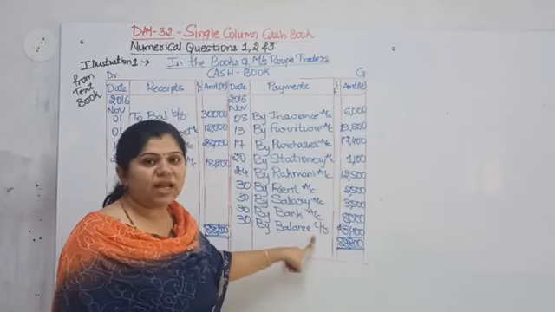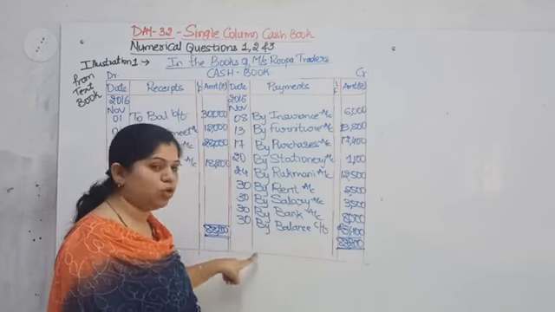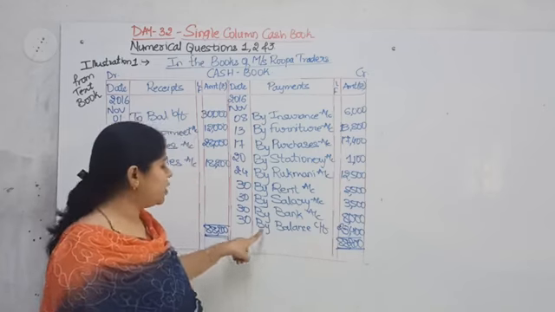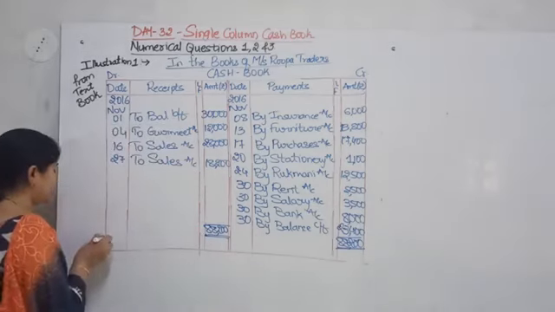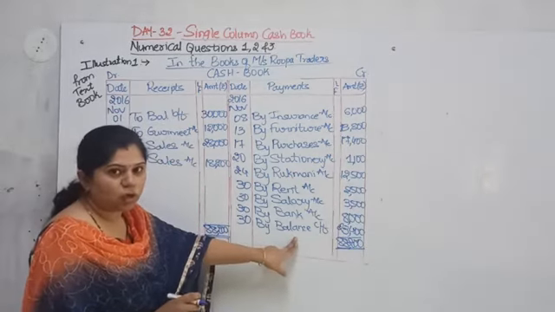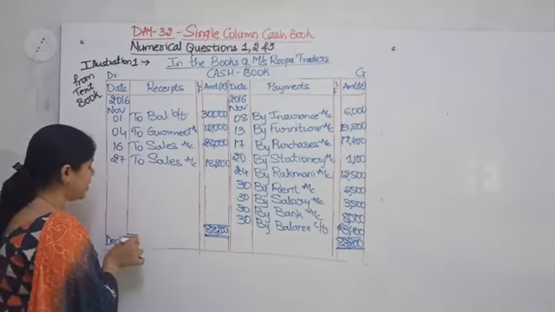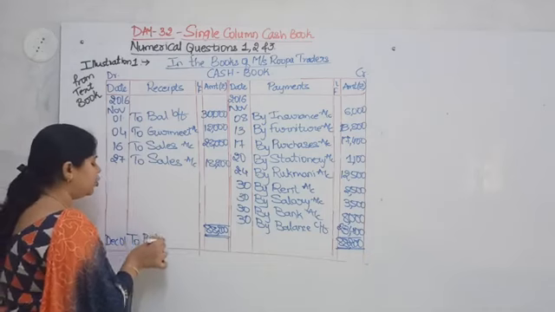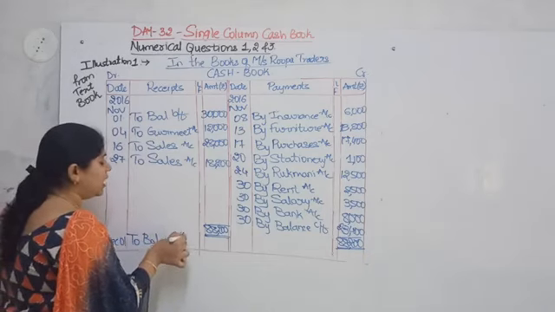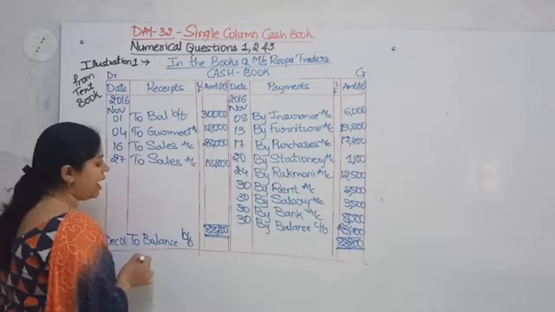Once this closing balance is found out, where does it go? It goes forward, to the next month. So after November, which month comes? December comes. So on December 01, this closing balance will become the opening balance for the next month. So by carried forward becomes brought down or brought forward.